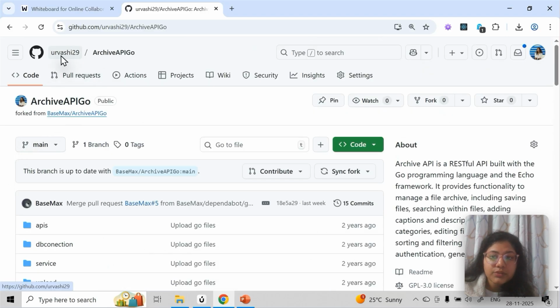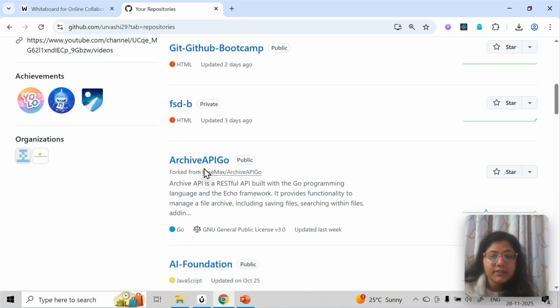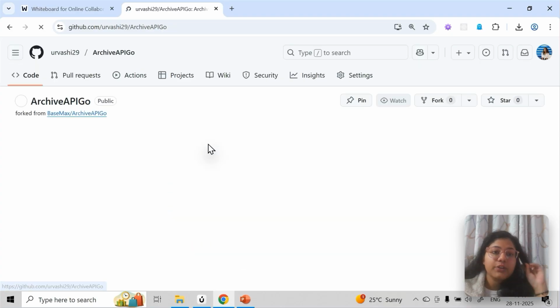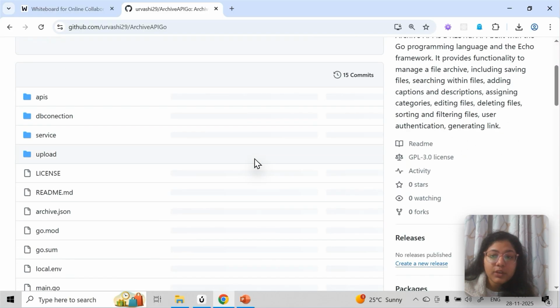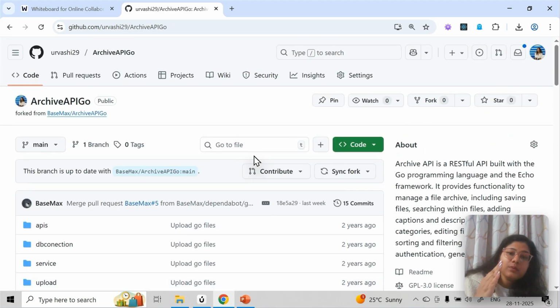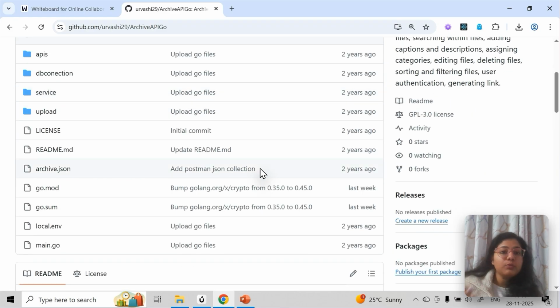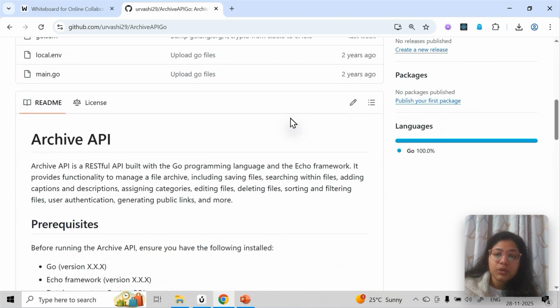See, in my profile, this person's GitHub repository is showing. If I go to repositories now, you can see I have forked this. It is showing that you have forked someone else's GitHub repository. You can see whose GitHub repo it was, and now the copy of their GitHub repository is there in mine. But this belongs to my repository only. Otherwise anyone can come and copy your code, but if you fork, you get the access in your GitHub repo.